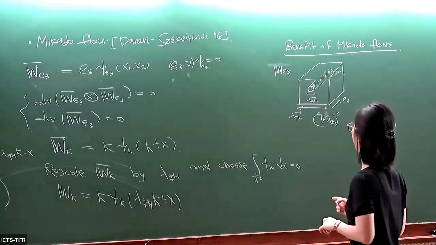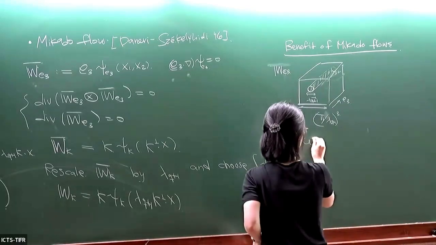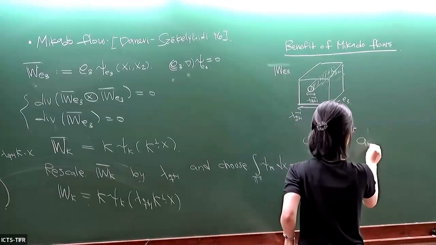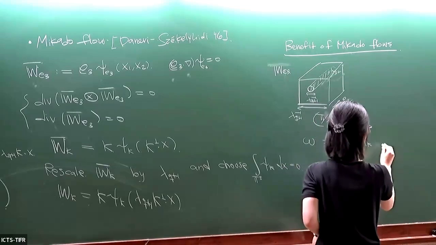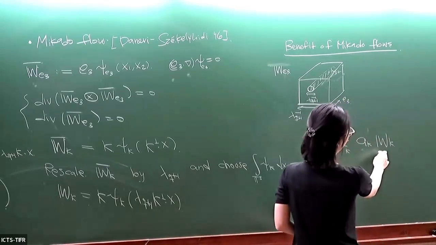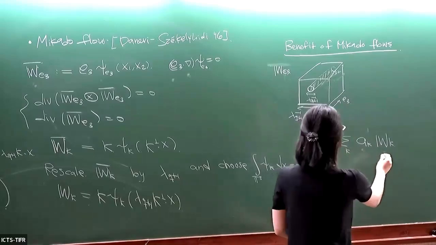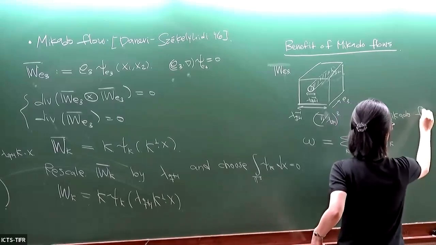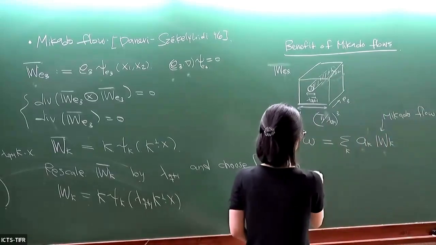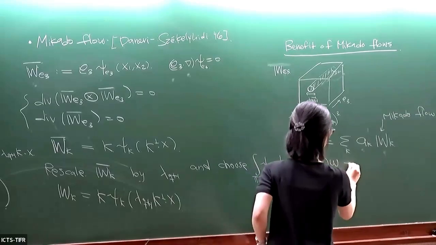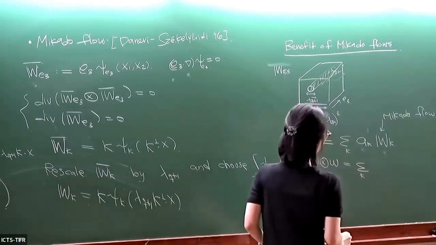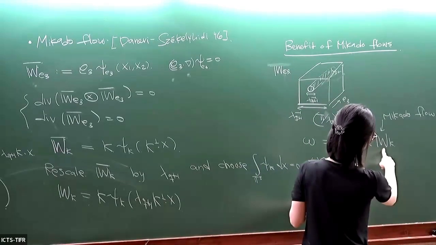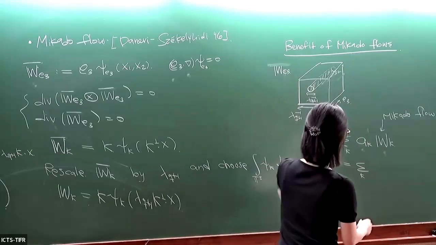So why is this helpful? Now let's go back to our ansatz. Our ansatz has the following shape: the summation over k, the low frequency part times the building block flow. And now I replace this building block flow by Mikado flow. And now consider this tensor W tensor W. Since this W_k, the building block flow, has very nice support property,